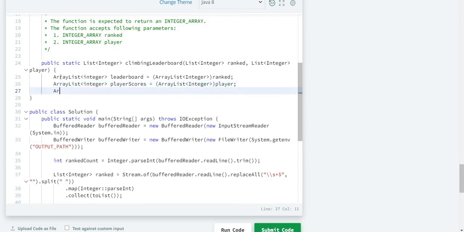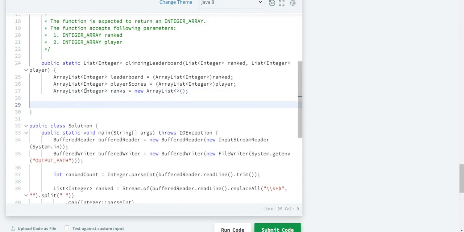Now create another array list for storing players ranking. It should be capital I. Let's name it ranks. Should be new array list. Now let's create a variable rank.